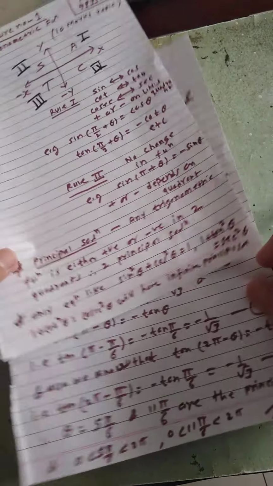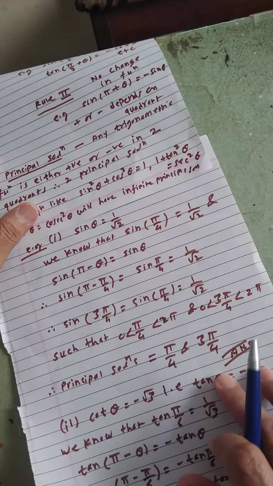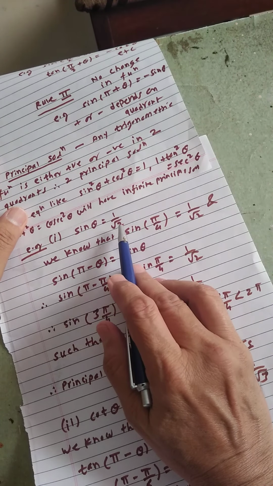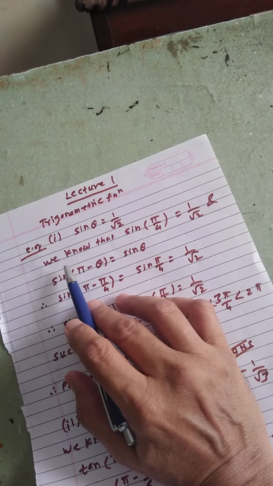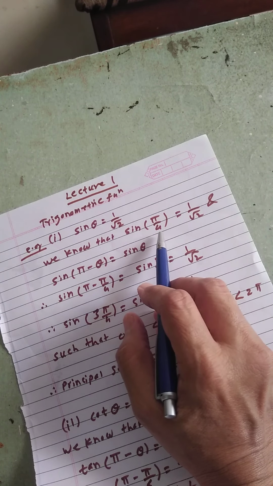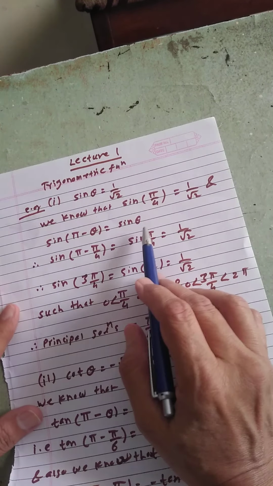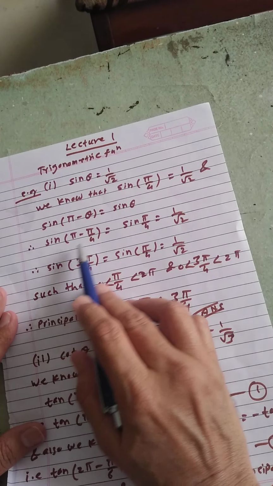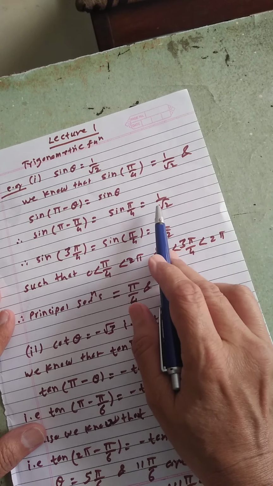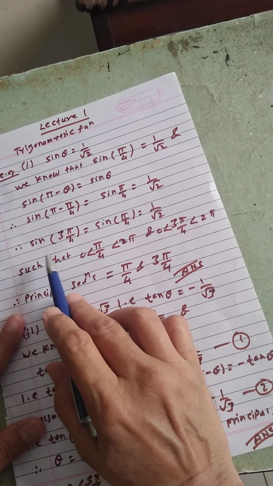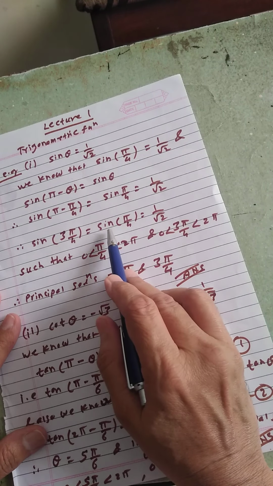Now based on this, we will consider the first example, that is sin theta is equal to 1 by root 2. Now we have to find theta. We know that sin pi by 4 is 1 by root 2 and sin of pi minus theta is equal to sin theta, which means sin of pi minus pi by 4 is also sin pi by 4, that is equal to 1 by root 2. Therefore sin of pi minus pi by 4, which is 3 pi by 4, is equal to sin pi by 4